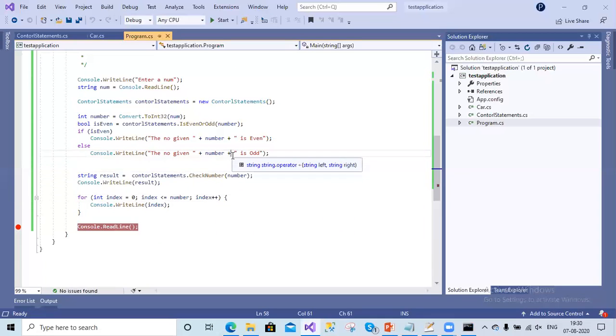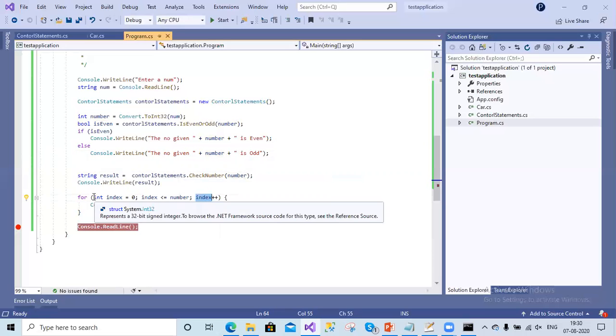Cool. So whatever number we are entering inside the console window, we are writing a condition with that number and checking whether the index is less than or equal to it, and index will be incrementing from this statement. So it will start from here, index equal to 0, and it will check the condition here. So 0 less than or equal to 10, and then it will display that statement, and the number will be 0 the first time.